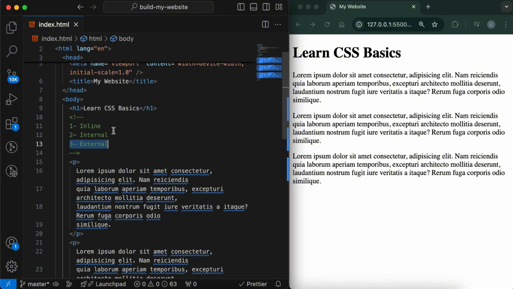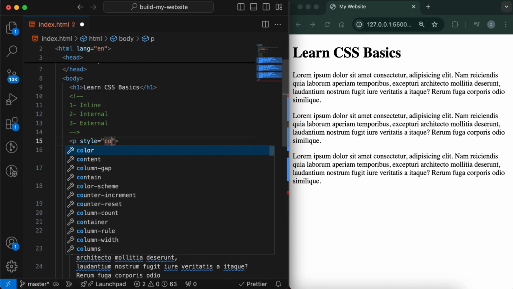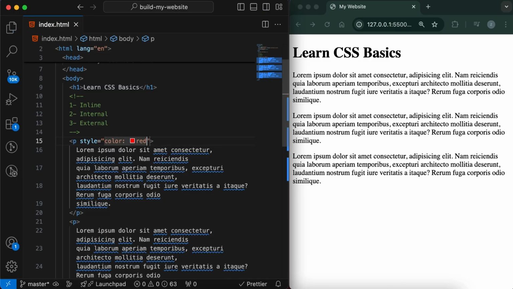For inline styling, we add styles directly to HTML elements using the style attribute. So let's practice the first one. Our paragraph here, we want to style it. Let's add the style attribute inline with the element tag. For example, the color will be red, semicolon, save it. And here we go. Our first paragraph has now been styled with the first way of styling CSS,